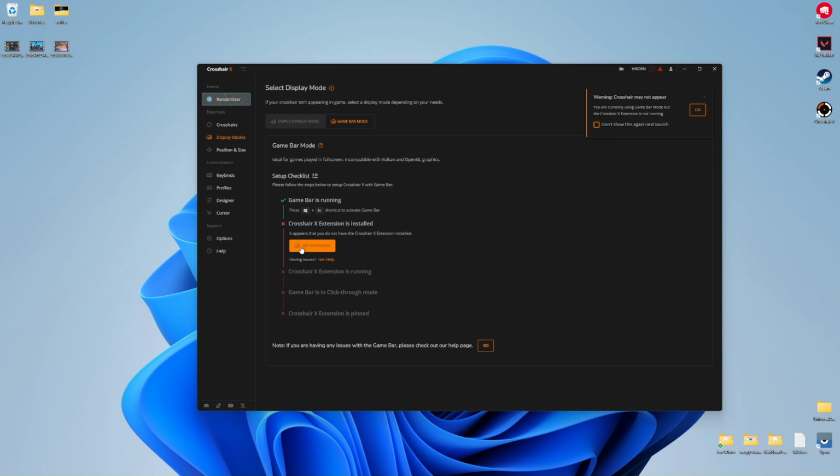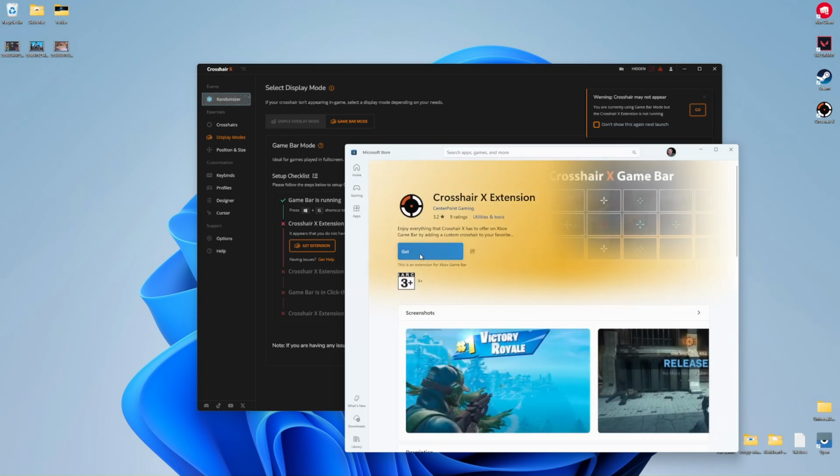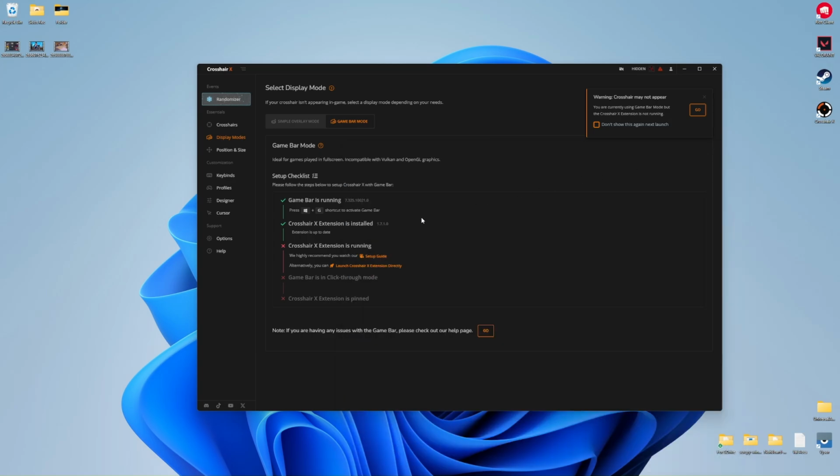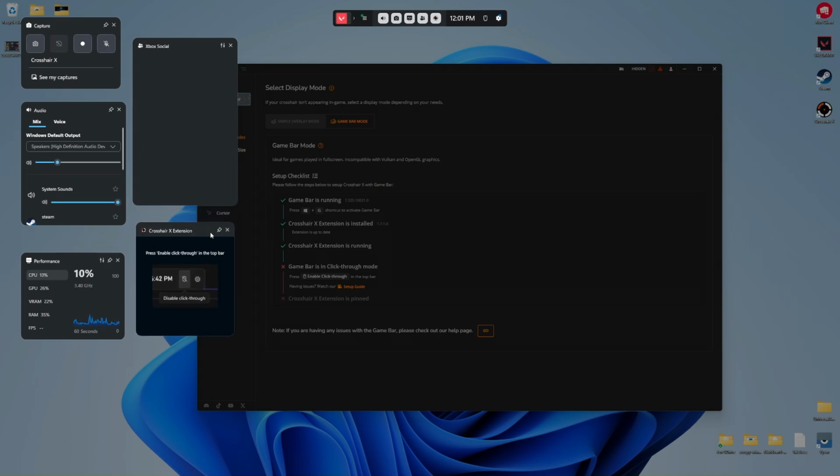This one is free from the Microsoft Store, so just click on it, and it will load up the page. So all you'll do is just click on Get, wait for it, and once that's done, it will say installed right here. You can now go ahead and close this one. Go ahead and click on Launch Crosshair X extension directly. So just click on this option, and as you can see here, we now have a new extension, which is